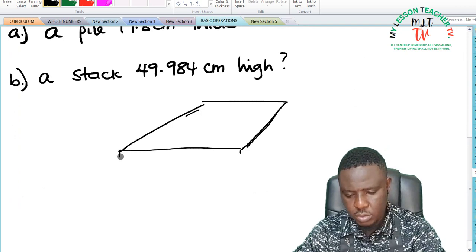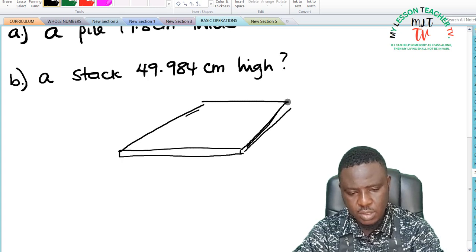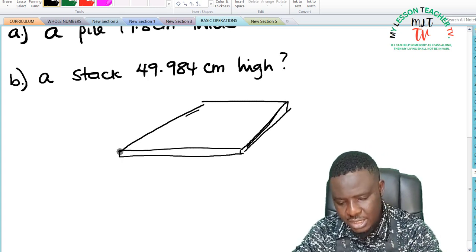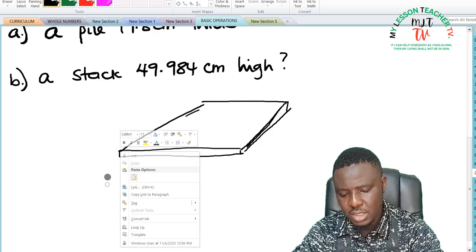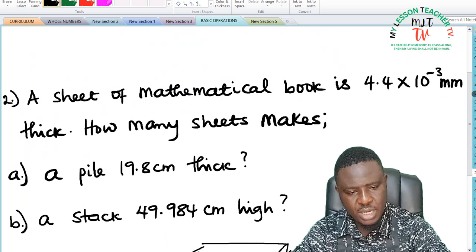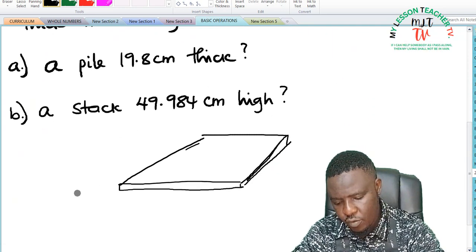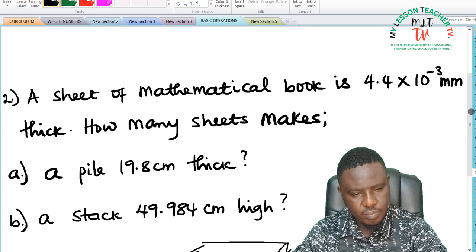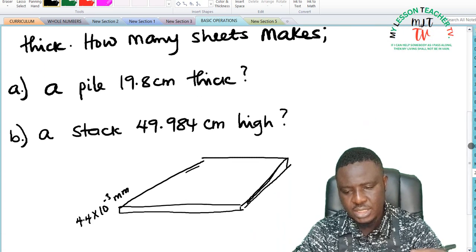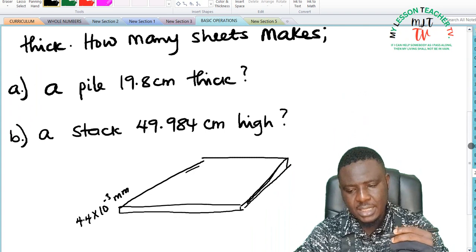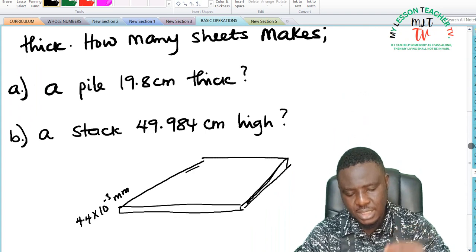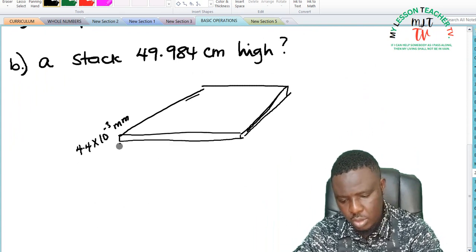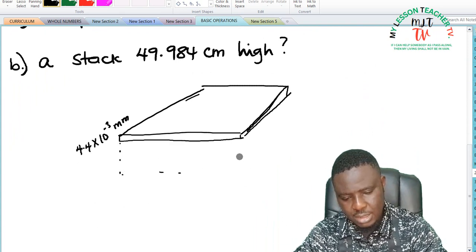Let me draw this to be the thickness of it. If this is how thick it is, they are telling us that the thickness, which is this, is said to be how many millimeter? 4.4. So if this is 4.4 times 10 raised to the power of minus 3 millimeter thick, how many sheets make a pile 19.8 millimeter thick? So if you are going to pile it up to something like this,